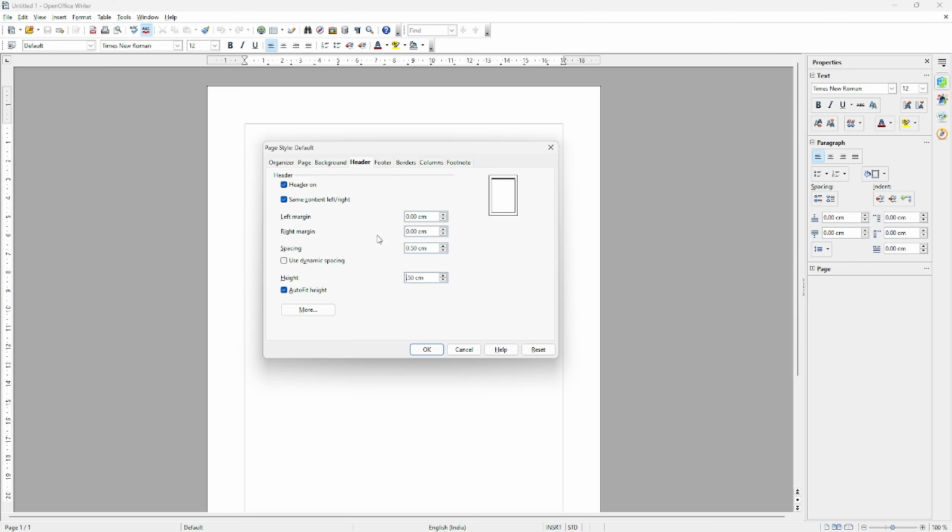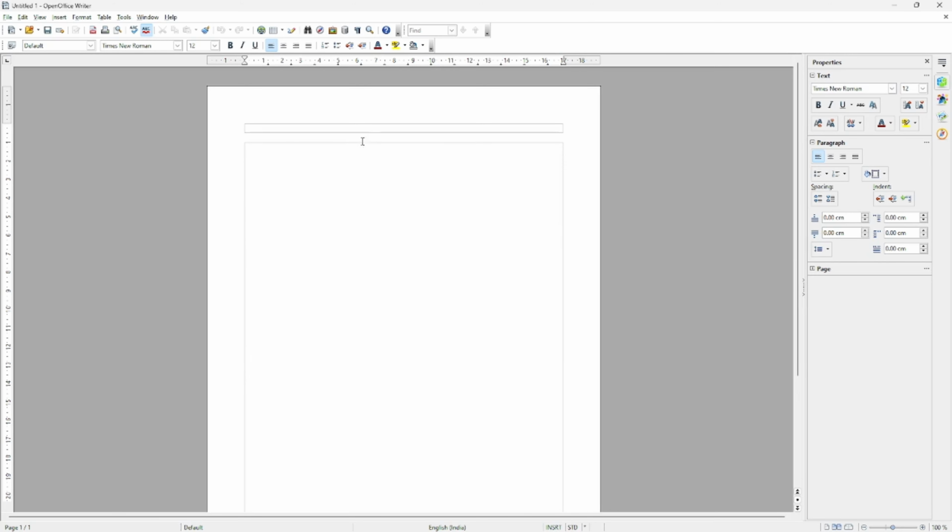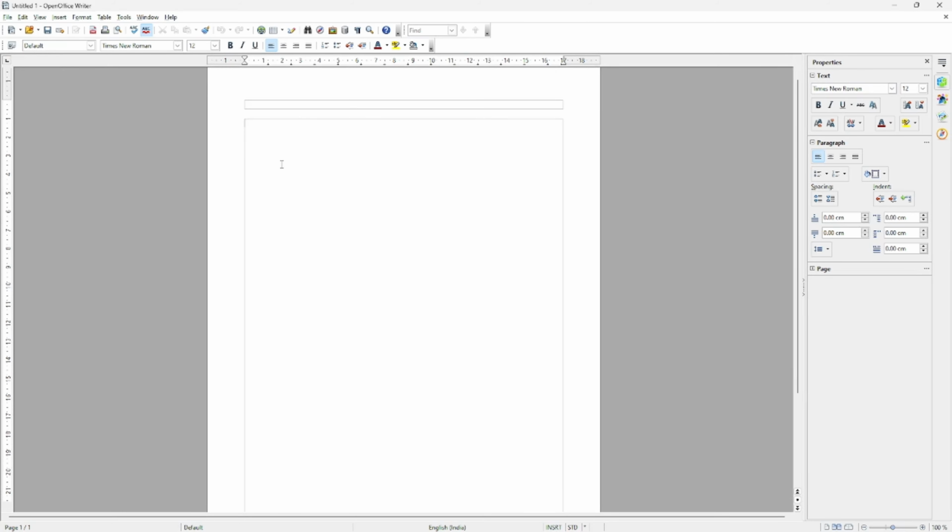In this way you can create a header. Then I will click OK. See, header got installed. How will you find out whether it is a header or not? See, this is on what? Default. Now if I click here, it will convert into header. See, header, means I am in the header. This is our header. Now let's add footer also.